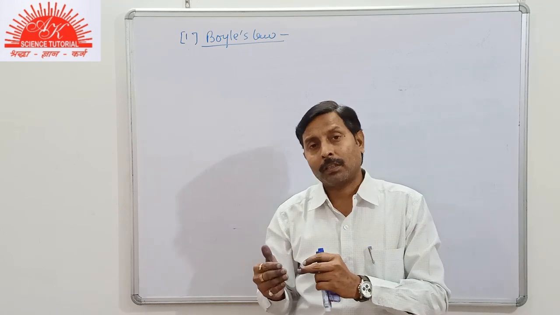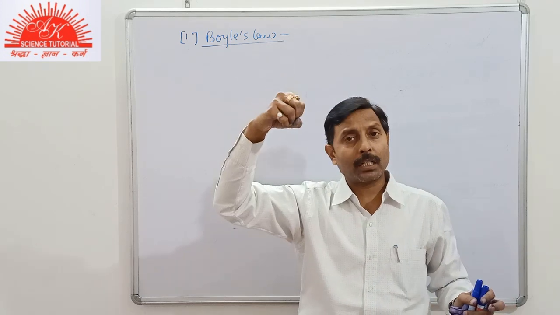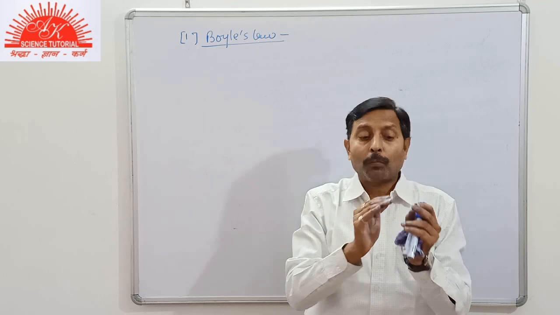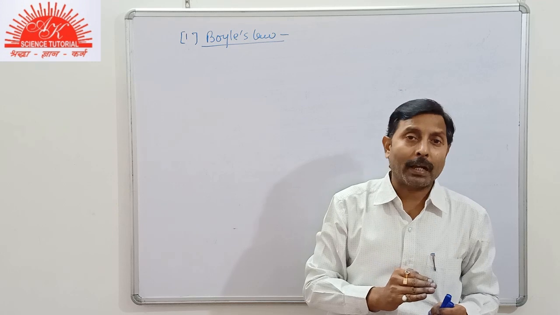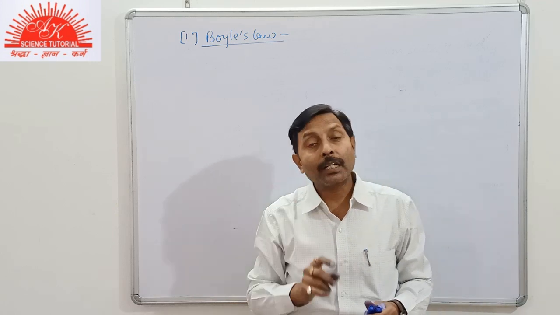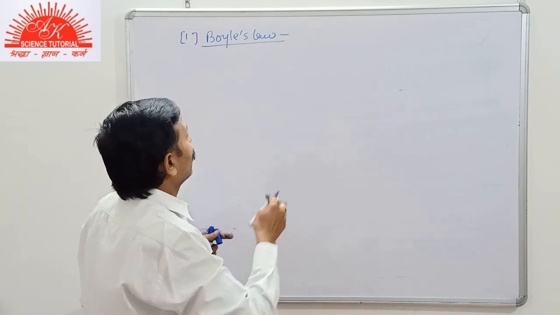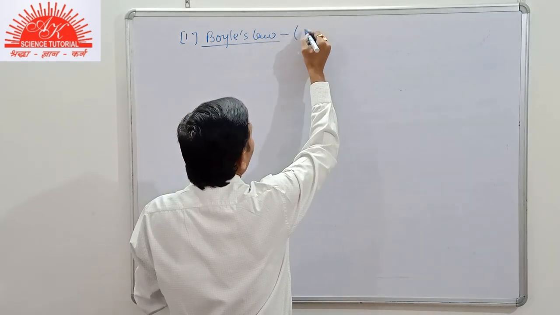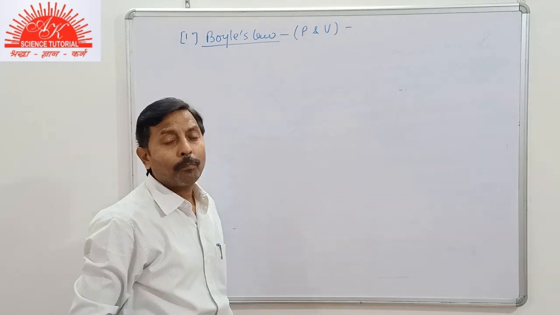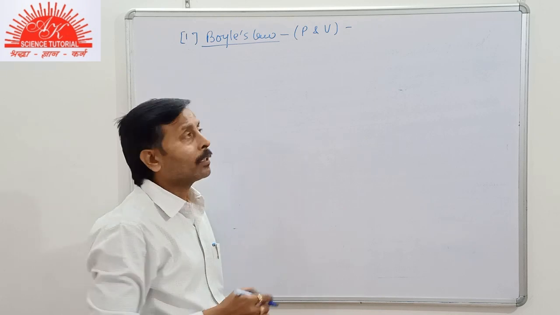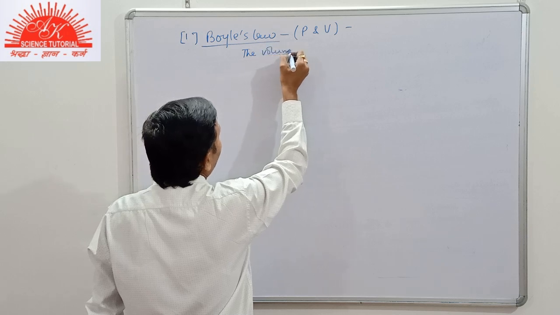As the reverse, if we decrease pressure, that is, if we pull out the piston, the molecules will expand and have greater space to occupy. So when pressure is decreased, the volume will increase, which is explained as Boyle's law. So Boyle's law explains the pressure and volume relationship. Now here we say that the volume of